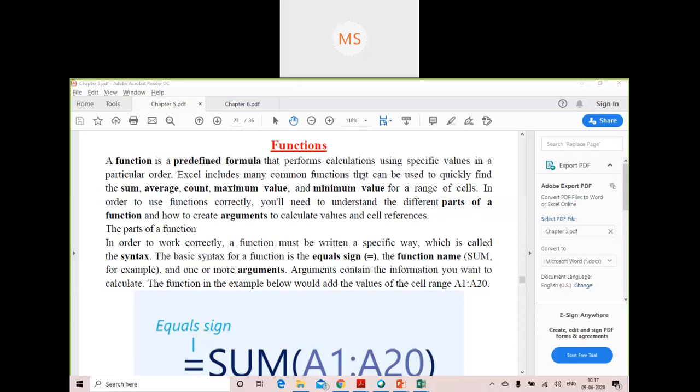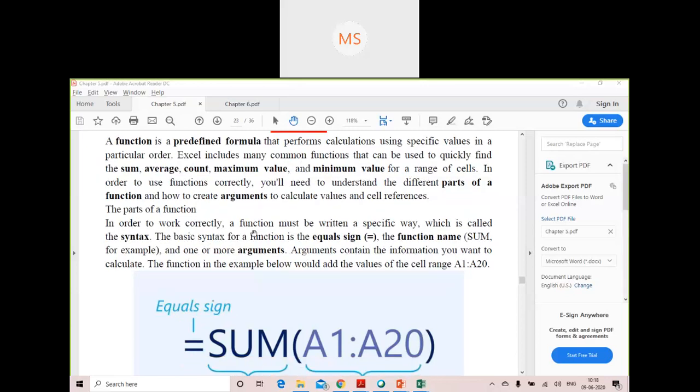So in the same way, a function has arguments. You need to understand that argument structure, what that argument consists of. Similarly, one function can take more than one argument. It will take at least one argument, but at some time, if you want, you can put more than one argument also, depending on the structure and syntax of a function. And one argument may consist of a single cell, or it may consist of multiple cells or a cell range.